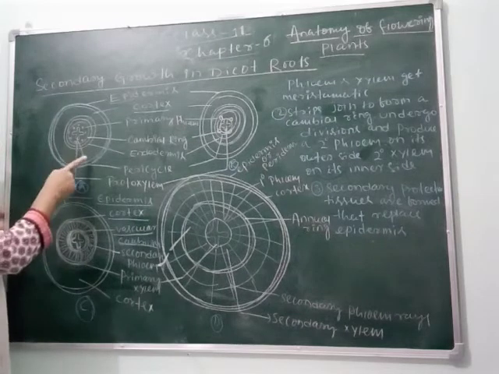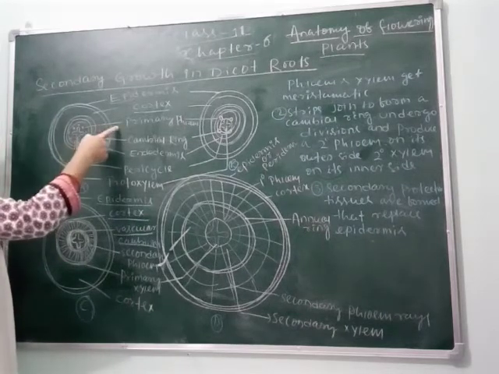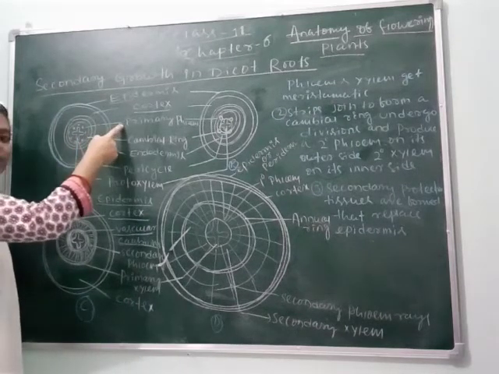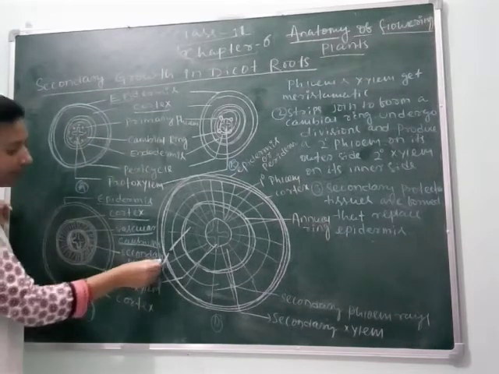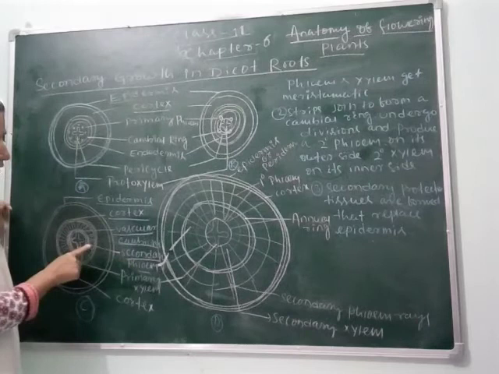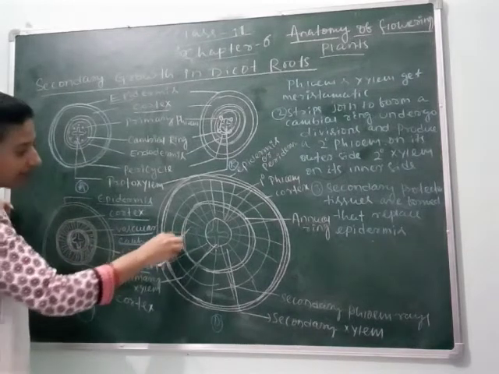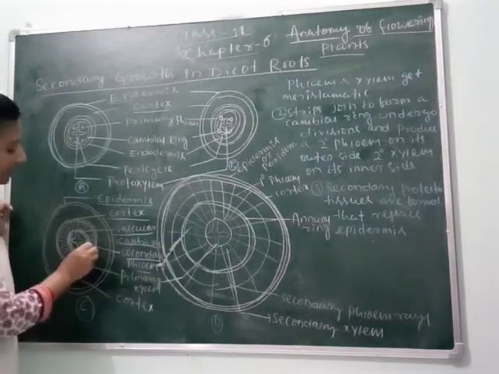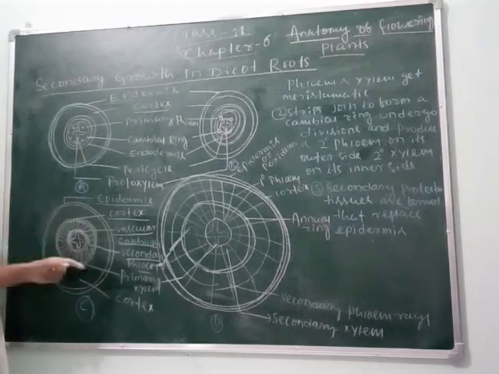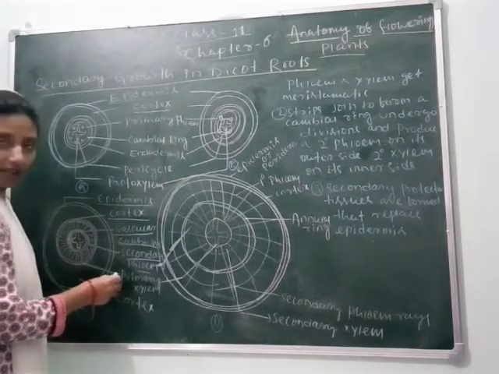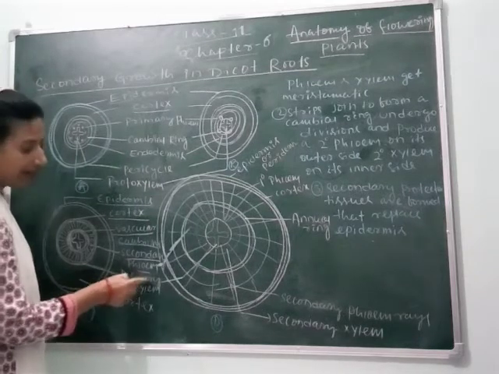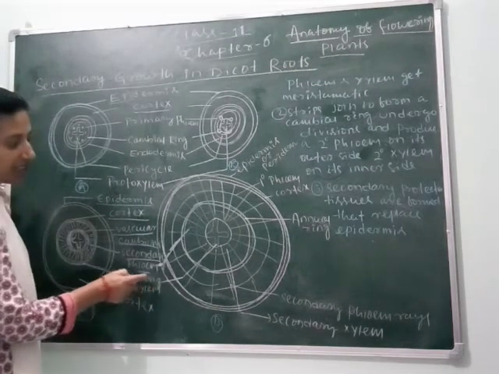Here primary phloem is present. It goes through meristematic activity, means cell division occurs, and converts the primary phloem into secondary phloem. This is secondary phloem. You can see the diagram. This part is secondary phloem, and here this part is secondary phloem. Then the primary xylem still needs to divide and go through meristematic activity. So here primary xylem is present.